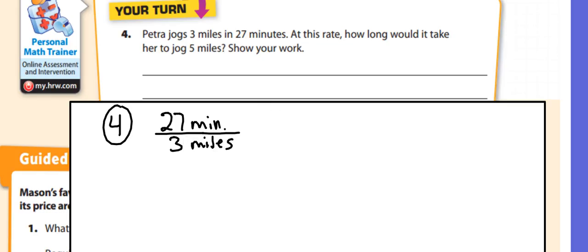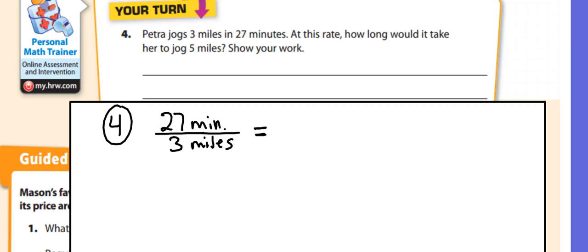And so now some kids might be stuck on what to do here. I would remind you that on the campers and cabin problem, the first method is to simplify to find the unit rate. And that would be a great way to solve this one. Let me show you really quickly why we wouldn't want to try to solve this using equivalent rates. If I reread the second sentence, at this rate, how long would it take her to jog 5 miles? If I tried to set this up as an equivalent